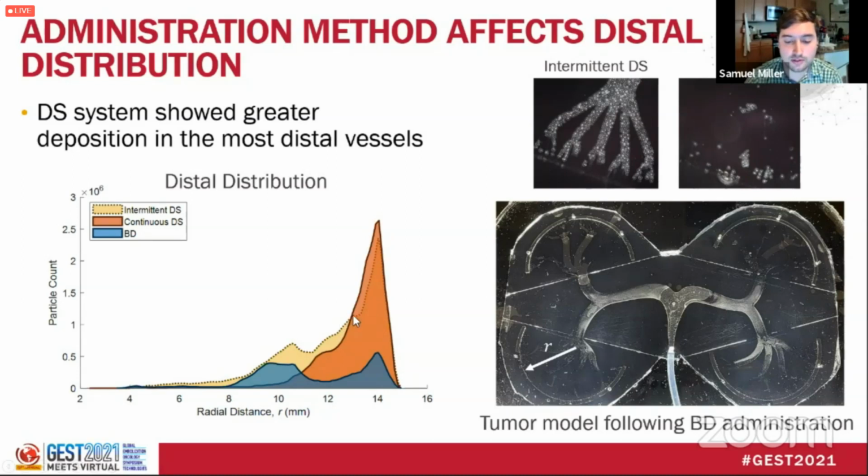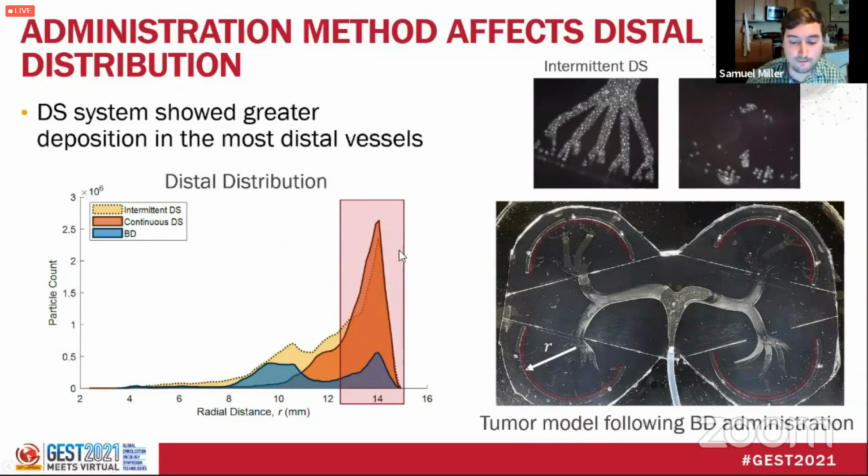So the plot on the left shows the particle count for radial distance in all 4 of the trees. So this here shows how we measure the radial distance in each of these 4 trees. The yellow area represents the intermittent dual syringe case, orange the continuous dual syringe case, and blue the bolus delivery case. The biggest difference we see here is that for the dual syringe cases, we saw a greater distal filling